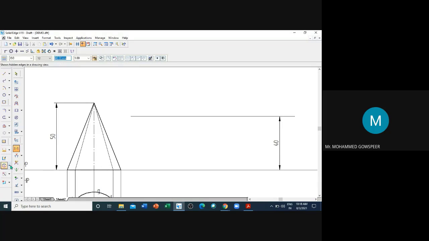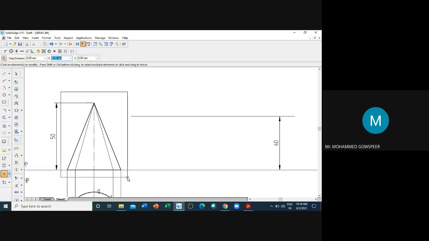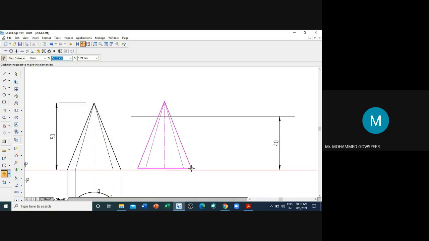Next, I will move this front view first. Use the move and copy command. Click on the elements to modify. I will select this and select the base as a reference to move it, and place it here. The next step is rotate. The apex point must be on this line, 40 mm.